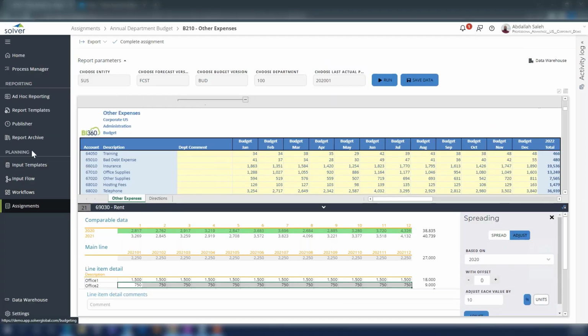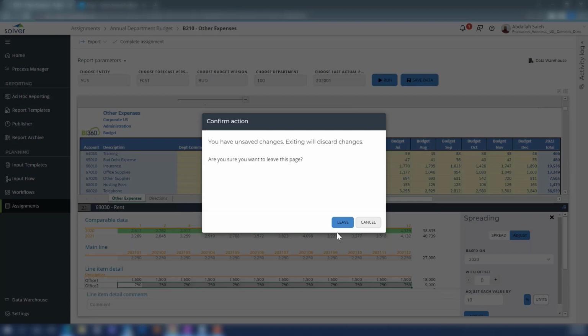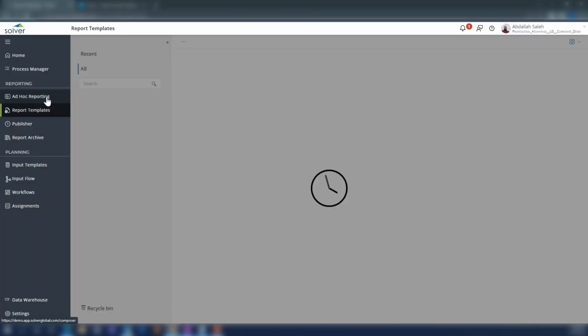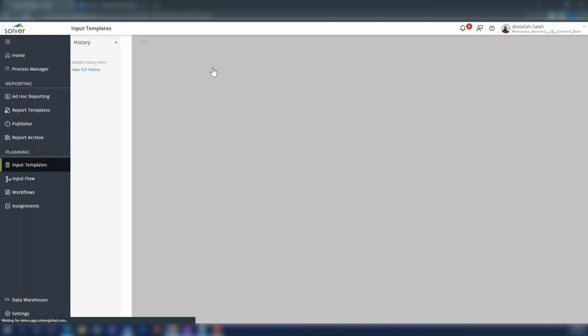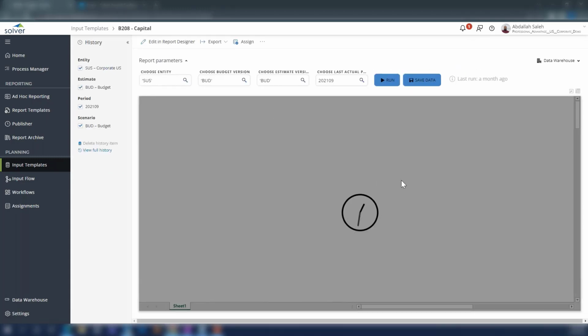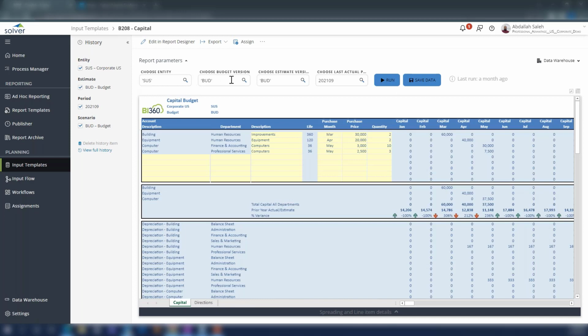So also we can build any kind of driver-based budgeting, where we have kind of drivers or assumptions, and we need to calculate our budget based on these assumptions. I have an example here for CapEx, for example. This is an example of CapEx planning. Again, you select your filters. So let's say when you expect investment in computers for